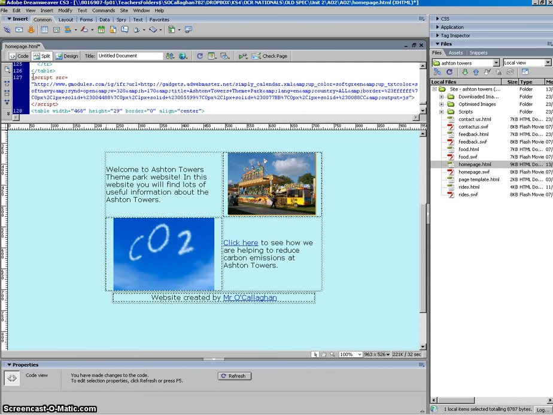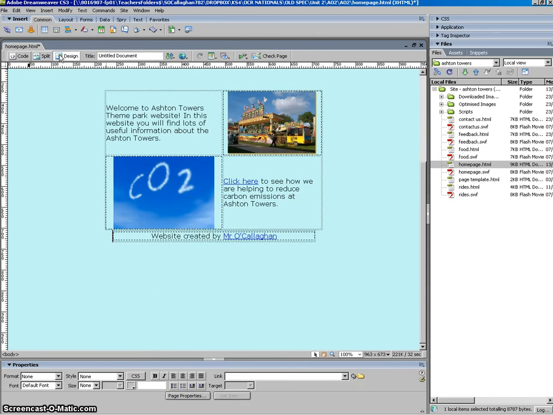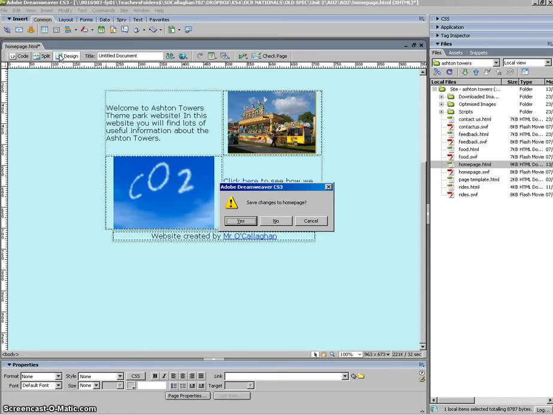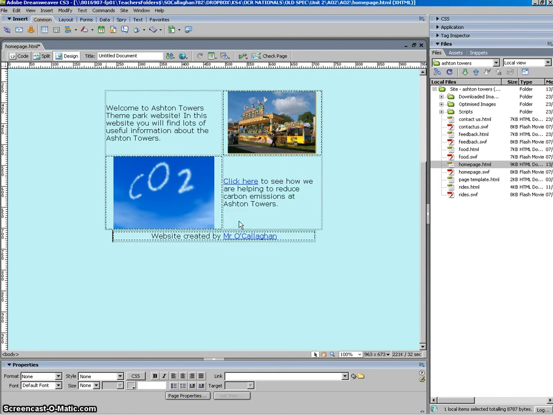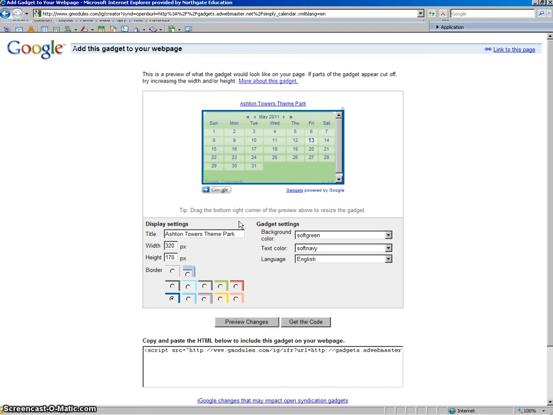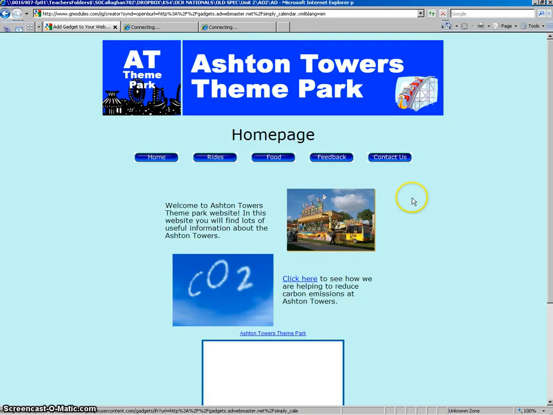Now to open a bracket, we just do Shift on the keyboard and open bracket and type in center, and then close the bracket. Then if we go to the end of our script and open a bracket and do a backslash, it should automatically detect that we're trying to close the center bracket. Now if we go back to design and press F12 on our keyboard, save the page, let me just preview how it's going to look,